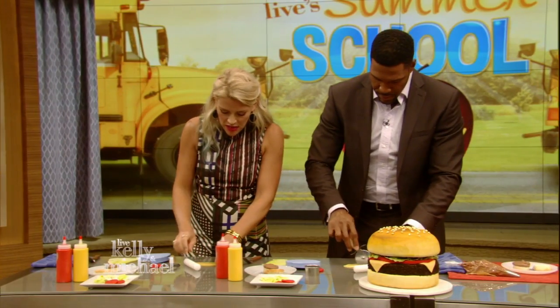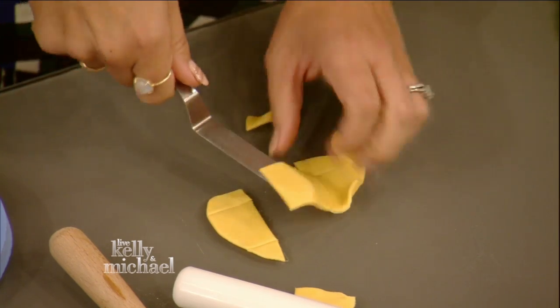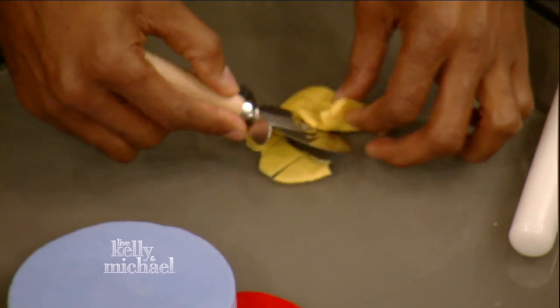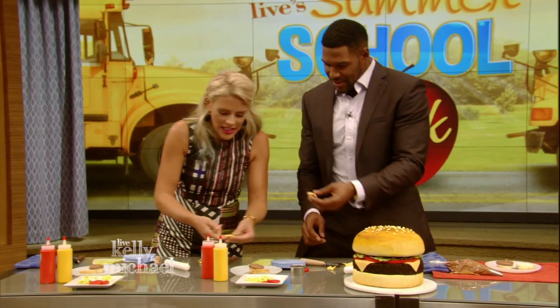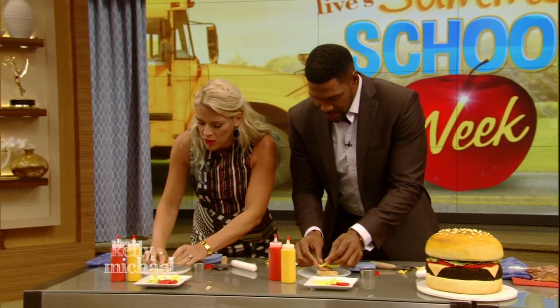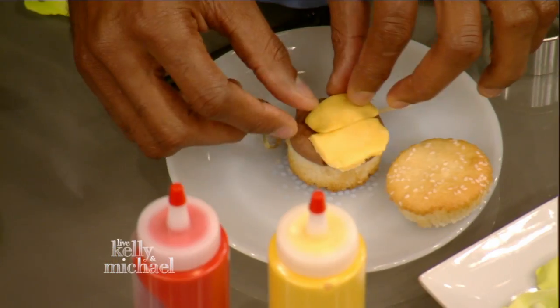Yeah, you have a thick piece of cheese. That's not bad. Everybody likes cheese. Use this just over here cutting the cheese. Here, use this. Michael. All right, your cheese is not as great looking as mine, but that's fine. We'll put it right on top of the little burger,